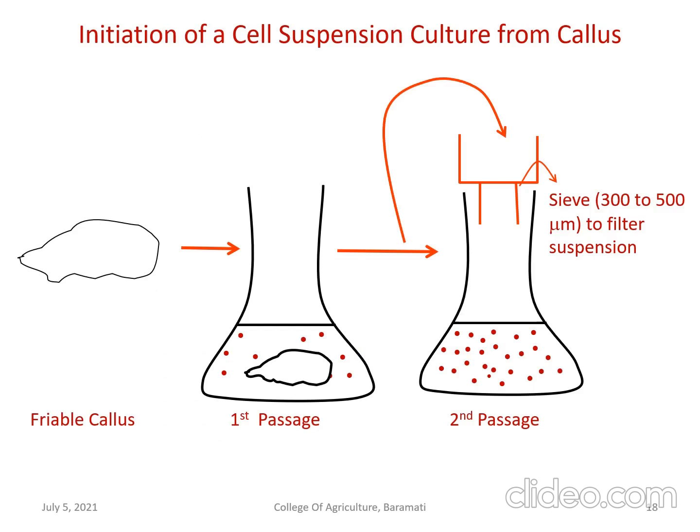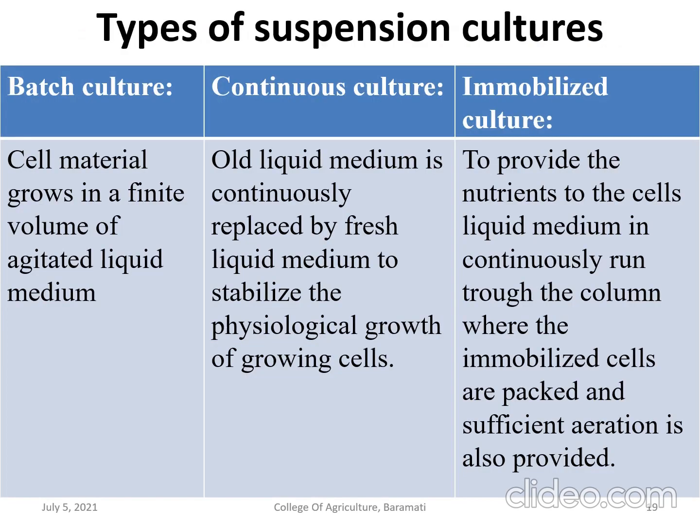So this is a friable callus. You put it in liquid media. You dissociate it by putting it on a rotary shaker. A rotary shaker causes the cells to break. Then you put this into a filter. You only filter out single cells. Whatever big clumps are there, you can put them back into the first flask, and they are agitated further by addition of pectinase or by just increasing the rpm of the shaker. You can again dissociate these cells into single cells. So these are the images of cell suspension culture starting from a callus.